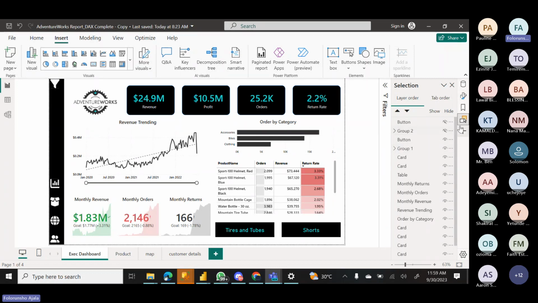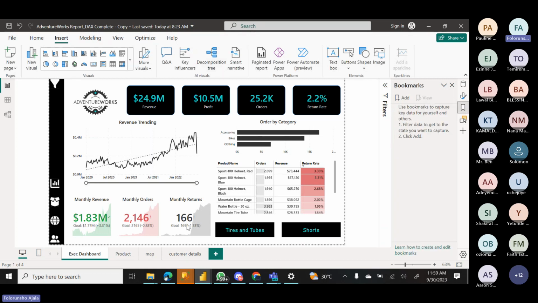So now I will go to my bookmark. Now bookmark is to capture the current state. I want to capture this current state, so I'll click on add. When I add, I'll call this hide slicer. You can see hide slicer. Now I will